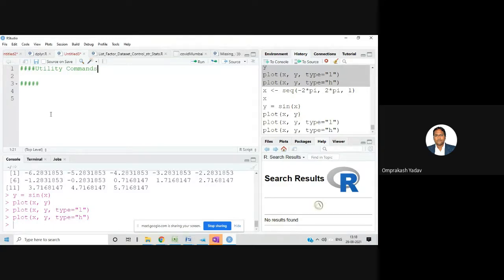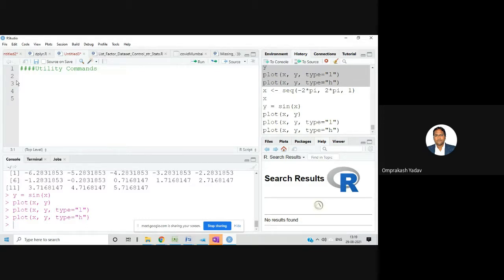You should always describe whatever you are writing: for what purpose you are writing it and which variables you are creating, so that understandability becomes very easy. That is the purpose of comments. In our language, comments are written with the hash sign. If you put a hash sign before a line, it means it's a comment. In every program, you can write comments like that with the hash sign.